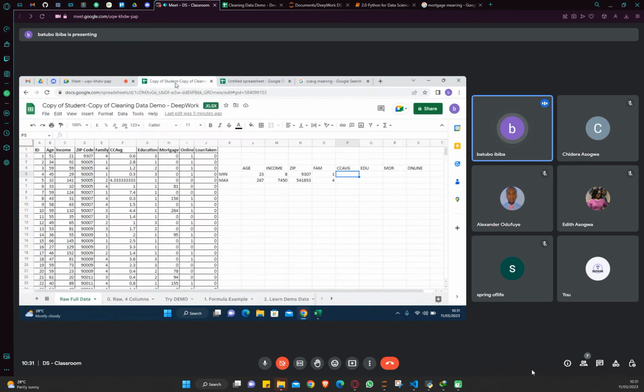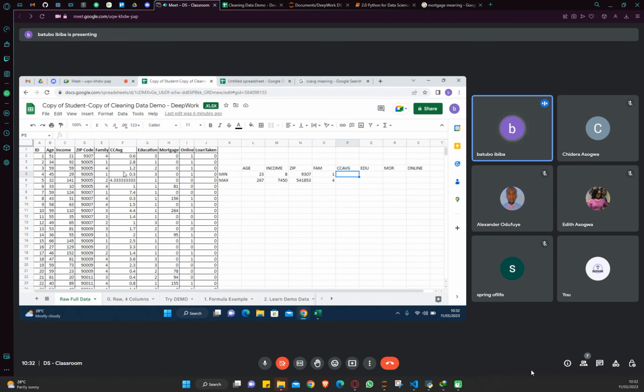Like we mentioned earlier, this sheet is for people that want to take a loan. So we're trying to analyze each of them. We looked at their age, their income, their zip code, their family size. Now we are on the amount that is their credit card